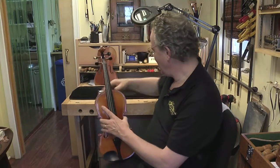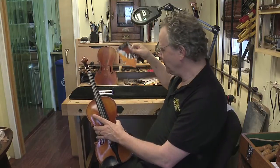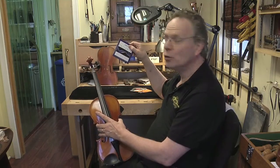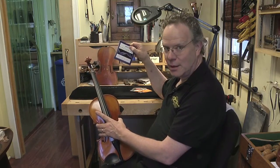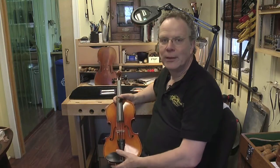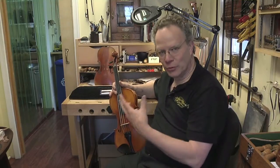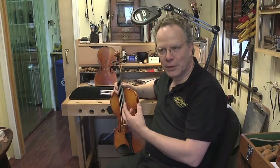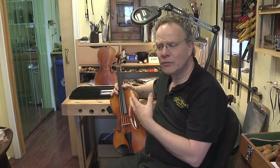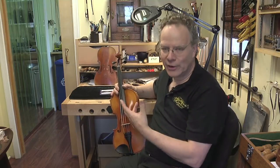What I have today are the two most common synthetic core strings that would be dominant, and probably one of the most common good quality steel strings, Helicore. The difference between the two is that once steel strings have stretched out, in other words, you put them on the violin, you tune it up to pitch, for a day or so you kind of have to keep retuning it. The steel strings will generally settle in and not go out of tune, which is very convenient for students